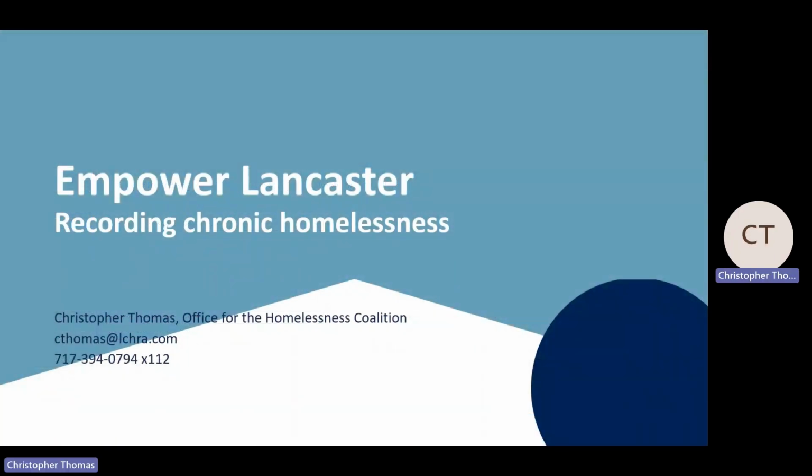Thank you all for your time. Just to quickly review, we went over how to use the HUD Universal Assessment in Empower Lancaster to record chronic homeless status for clients. The most important points are that chronic homelessness is based upon disability status, disability yes, disability no, and length of time homeless. So 12 or more months of consecutive homelessness, or 12 or more months of episodic homelessness over 4 or more episodes over the course of 3 years are what calculates chronic homelessness.